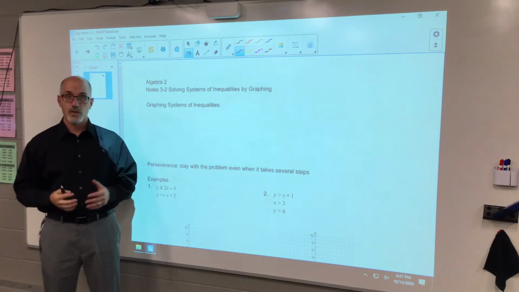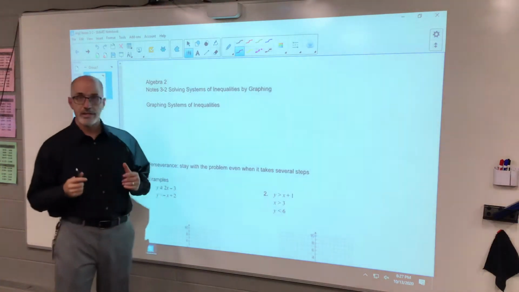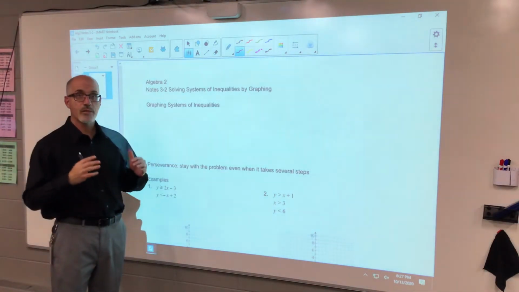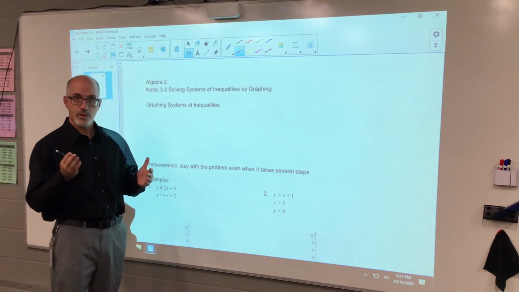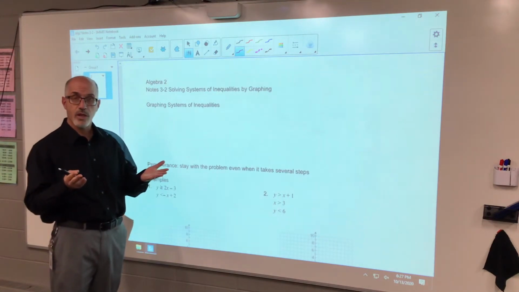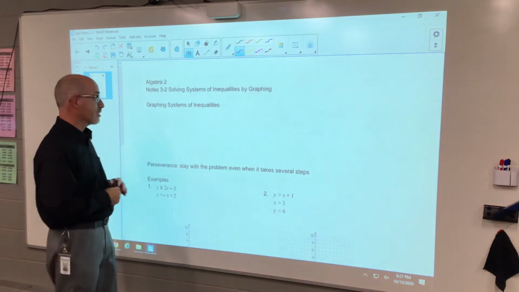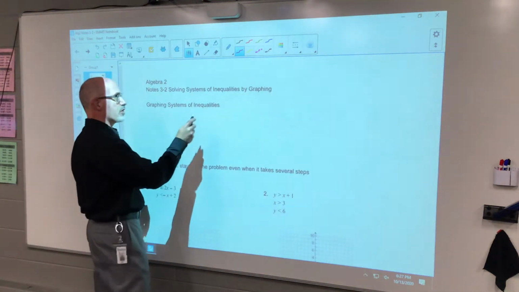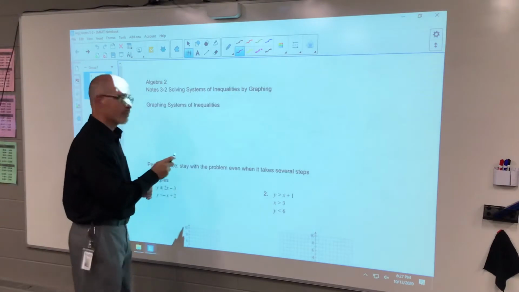So in this section, we're going to look at our linear inequalities that we graphed with single linear inequalities, and now we're going to apply systems to it. So we're going to look at two or more linear inequalities and what the graphs look like. So when you're graphing a system of linear inequalities, which is our objective to be able to graph those, the